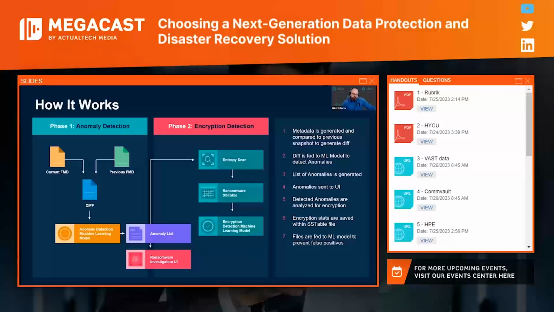It's in this stage that the entropy values are used to determine a level of encryption for the backup itself. This stage also implements checks around suspicious naming patterns and file operation statistics. So when we use these together, everything working together, it can be a reliable indicator of whether a malicious encryption event has occurred.